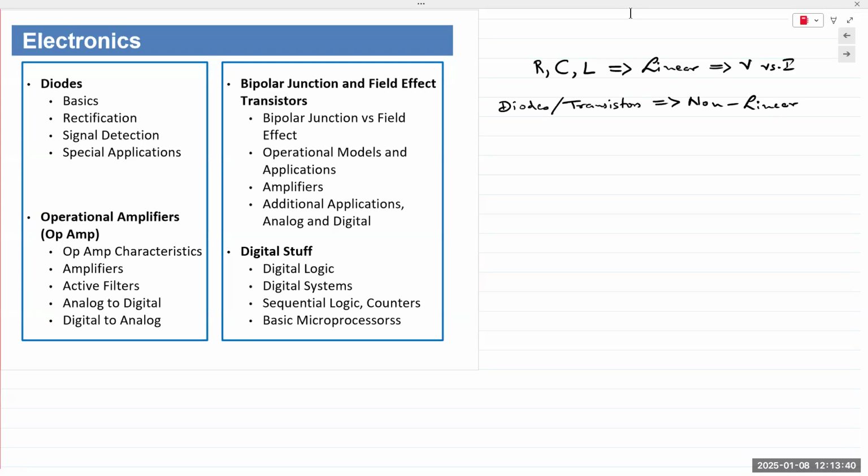However, for electronic devices, the analysis is more numerical. So it's numerical methods that we will use. For circuit elements or circuit analysis, we use analytical methods. And for electronic devices or electronic analysis,